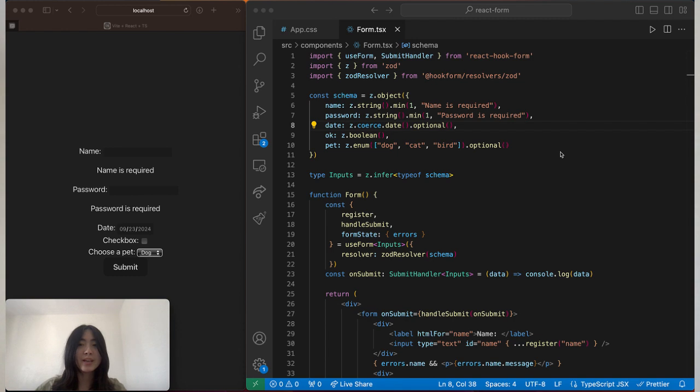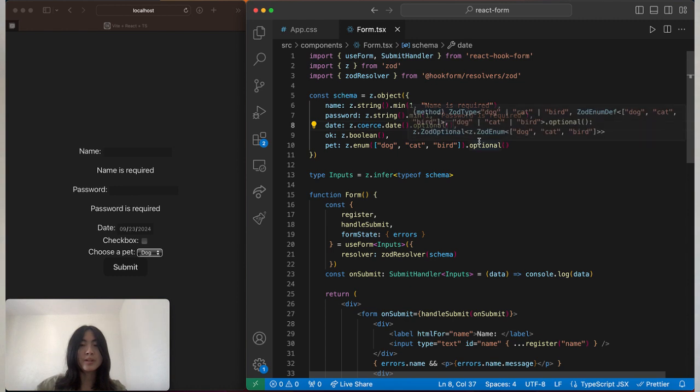It's important to note that all of this stuff can be implemented with React Hook Form, but it's just a bit nicer with Zod. So let's say we want to add a more complicated validation rule to the date field. Let's say we want to be able to check if the date that the user inputs is not in the future. If it is a future date, then we want to say that that date is invalid. So to do that, we can do